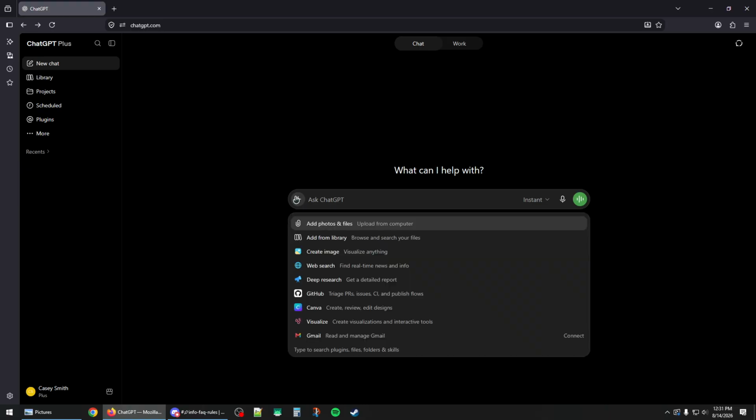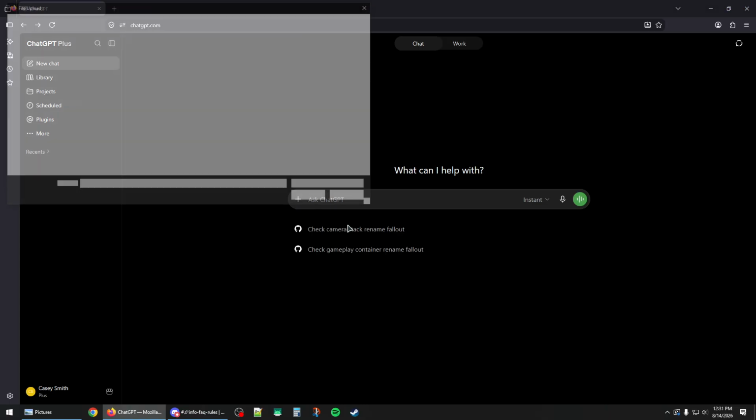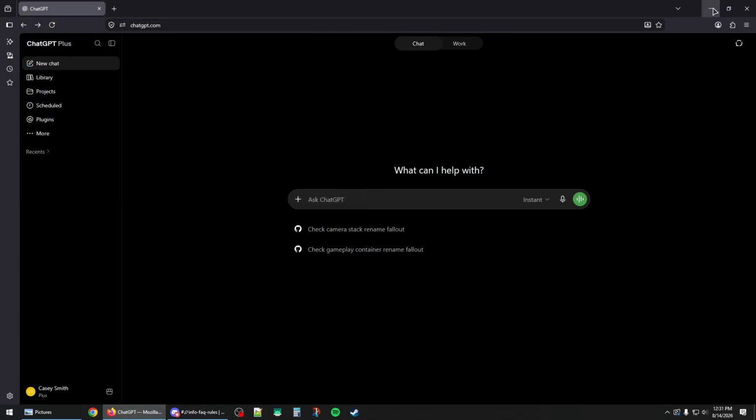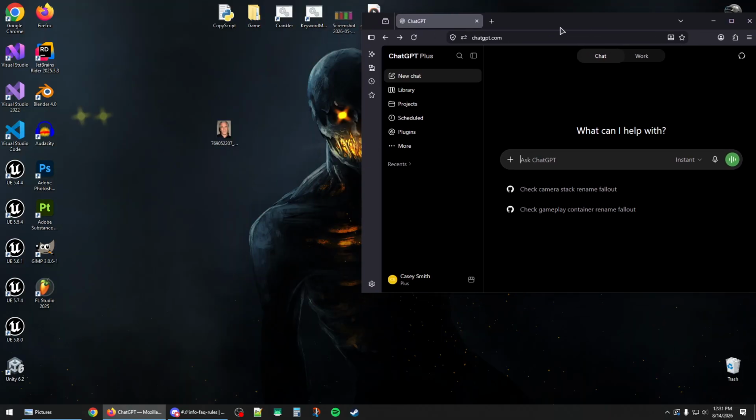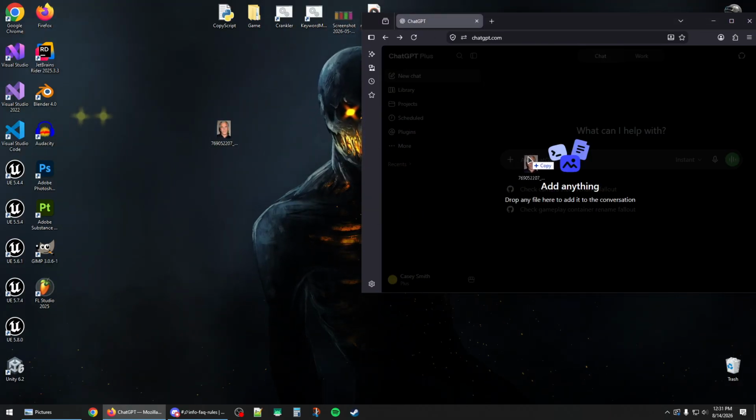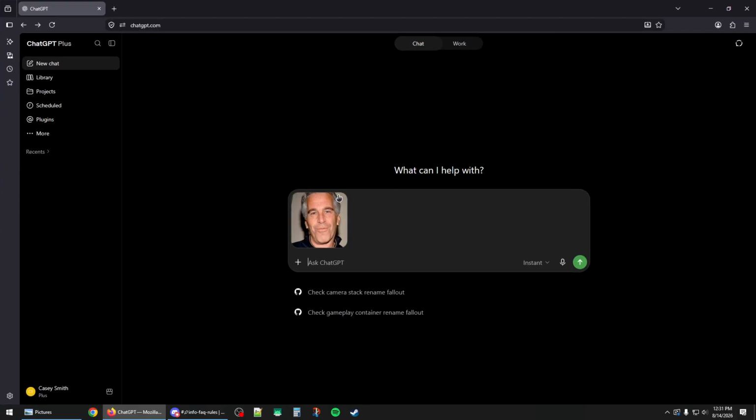the plus icon here to add a photo, and then click on add photos and files. And then you can add your photos, or you can simply drag an image and drop it here. Now if you want to edit the image, so for example, if I want to edit this image right here,